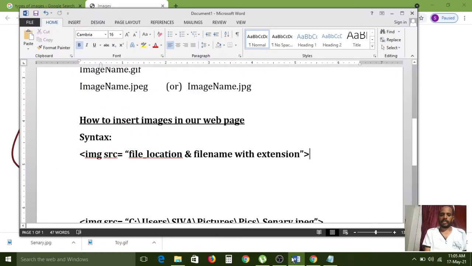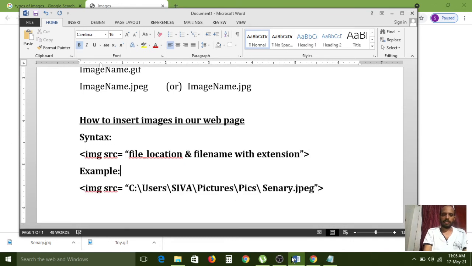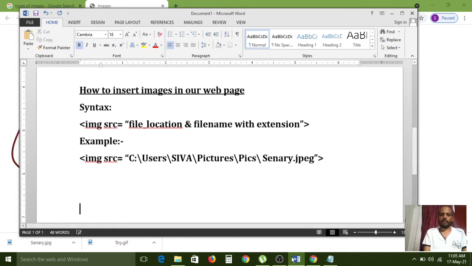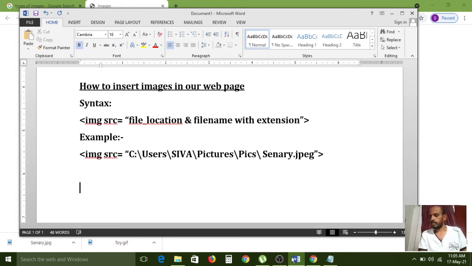Now let us understand about the attributes. How many attributes we have for the image tag? The first attribute is src.